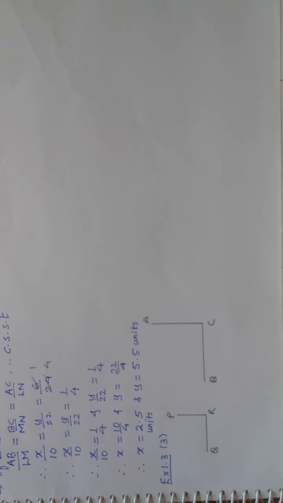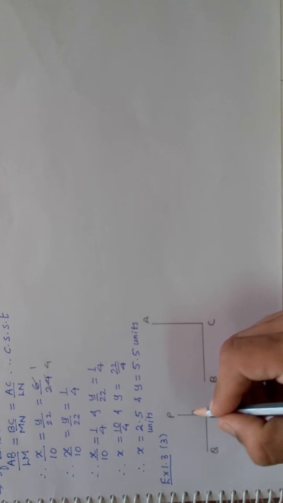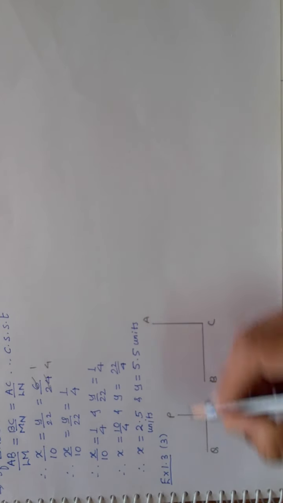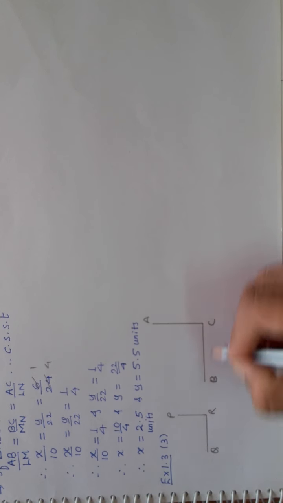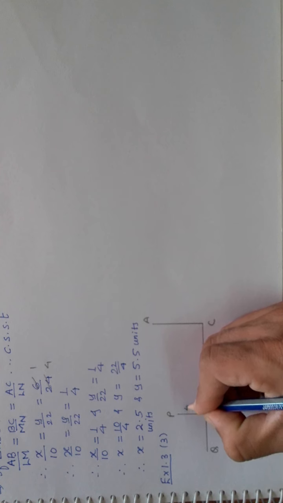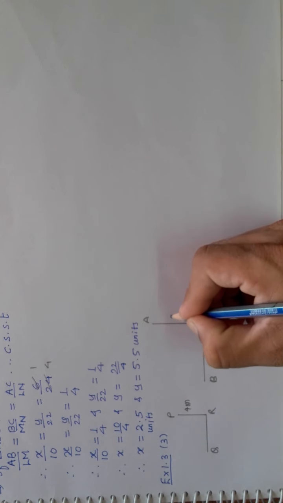question I am discussing. Now here it is told that there are two poles of height 8 meter and 4 meter. So better I will take this as one of the poles and this as another pole, and this will be the ground level. Okay. So this is 4 meter and 8 meter, I think. So yes, it is 4 meter and this is 8 meter. Okay. Now what happens is,